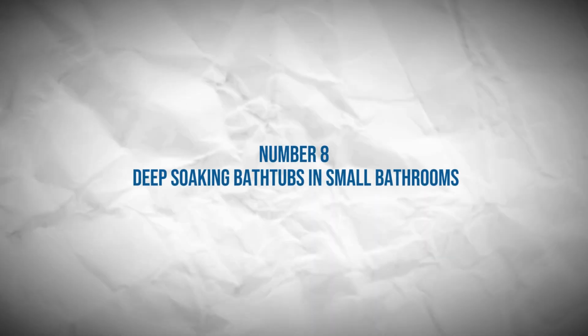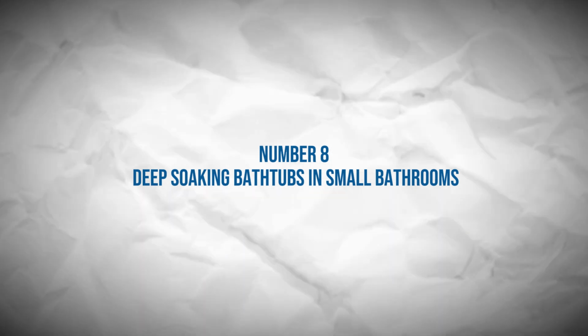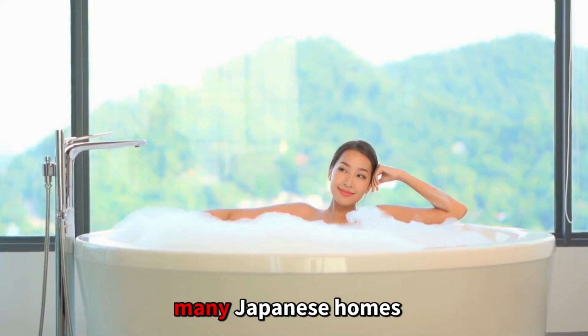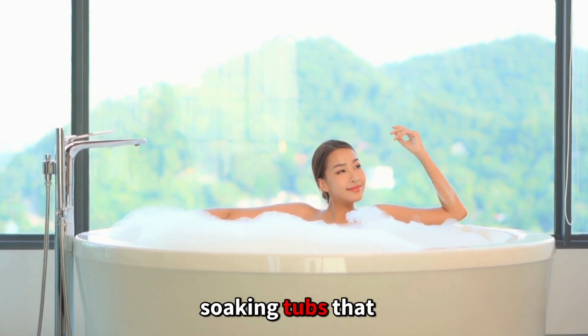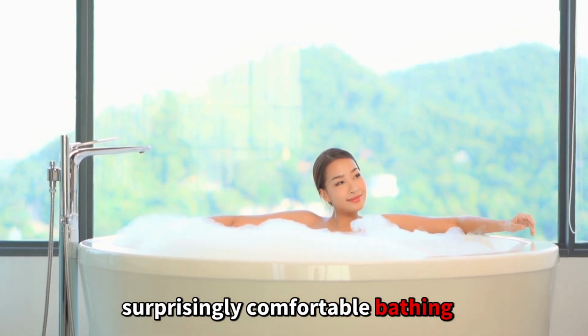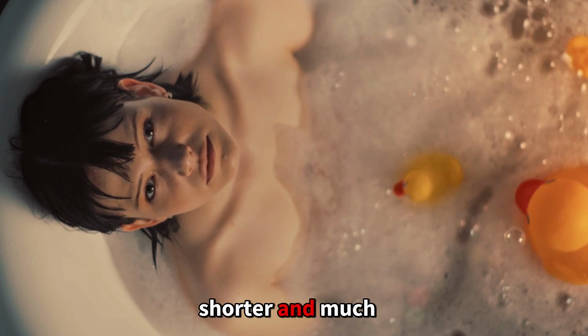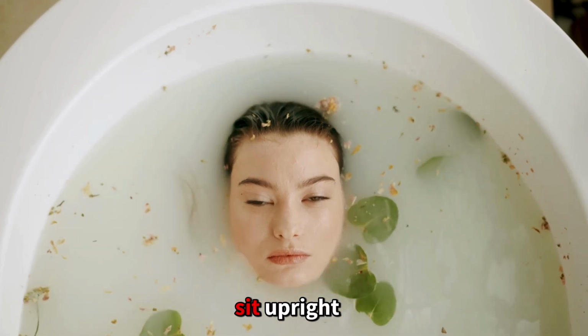Number 8. Deep soaking bathtubs in small bathrooms. Despite having relatively small bathrooms, many Japanese homes include deep soaking tubs that provide a surprisingly comfortable bathing experience. Instead of being long and shallow, these tubs are shorter and much deeper, allowing people to sit upright while warm